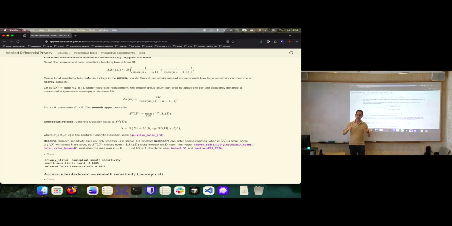Okay? That is similar to the two-step algorithm, but the difference is that I didn't pay extra privacy for estimating another quantity. I sort of paid extra privacy for moving from local sensitivity to smooth sensitivity, which is somewhat more pessimistic.